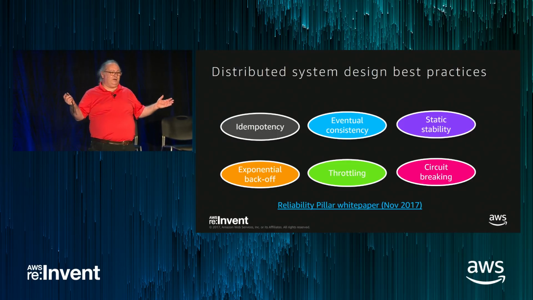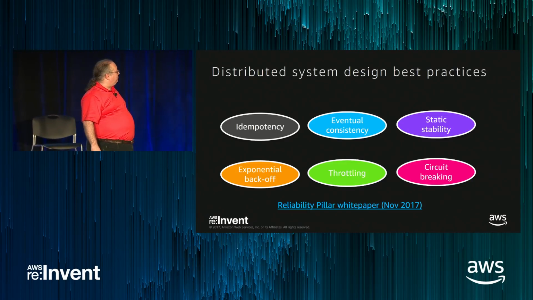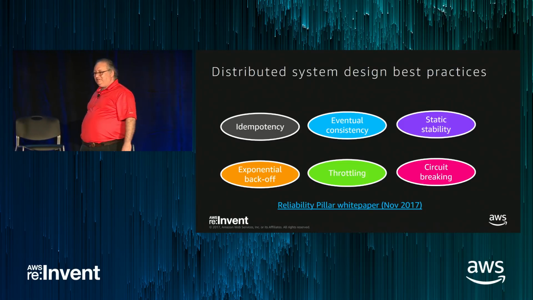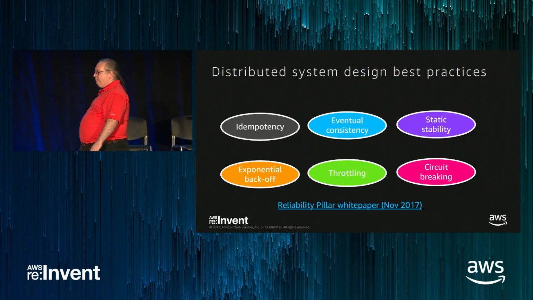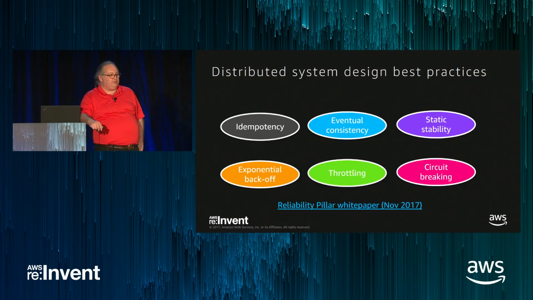I want to make sure that when I run the same code in one region, it runs the same way in the other region. Eventual consistency. This is the tough part. Learn to embrace eventual consistency. Writing code for eventual consistency is hard. It's probably the biggest piece of complexity. It's the only way to scale.